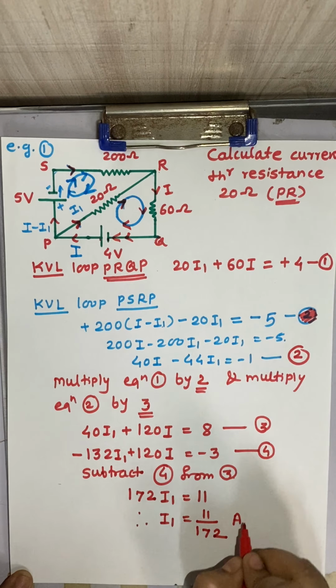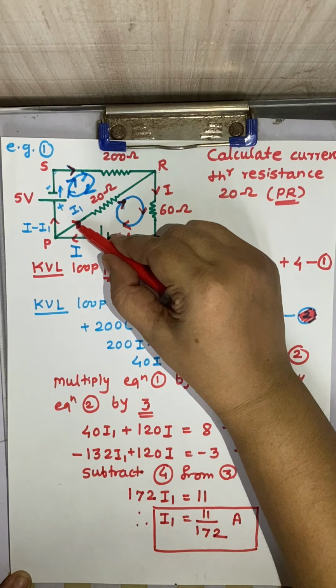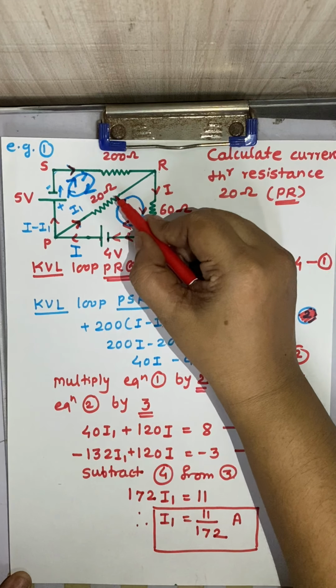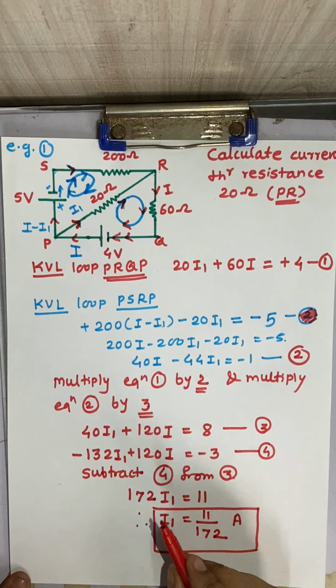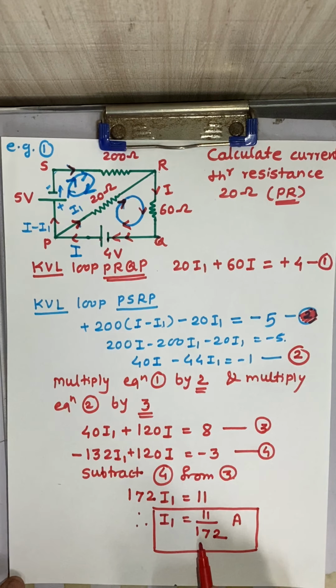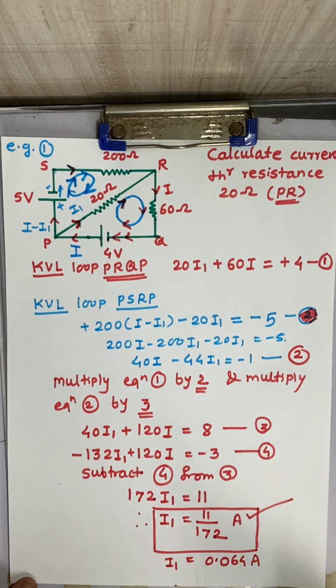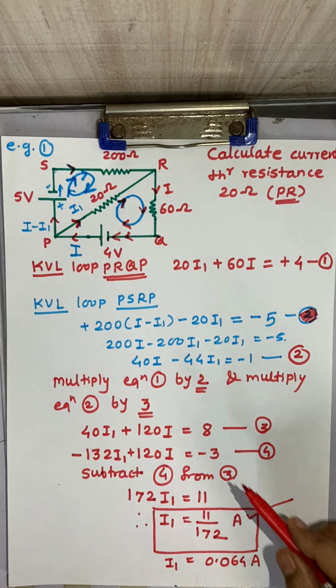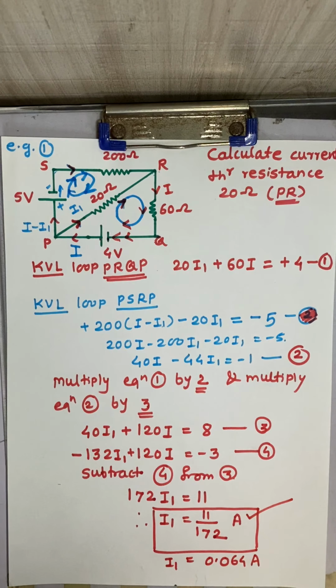172 ampere. Now we can see that this I1 is the current flowing through that particular circuit, that is branch PR. So we can get the current flowing through the branch PR is equal to 11 by 172. You can keep it as it is, or you can again find out the final answer in terms of the decimal points also. So if you find that out, that is also better. If you keep it in this way, this is also better. So in this way we are going to traverse the path as well as the circuit and find out the current.